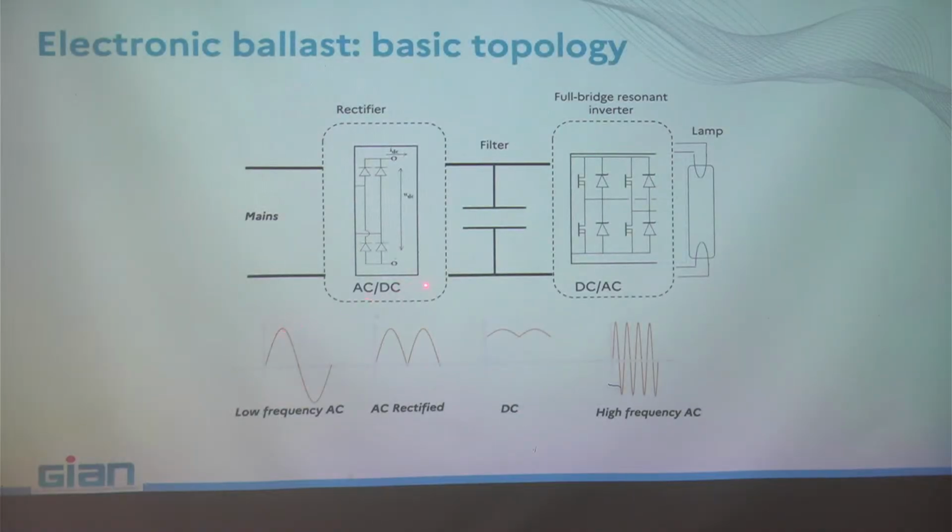Globally, in this kind of ballast there is a rectifier, a filter, and then a full bridge resonant inverter that finally will supply the lamp with a high frequency AC stabilized current. This filter here can be a passive capacitor, but if you want a very nice stable current